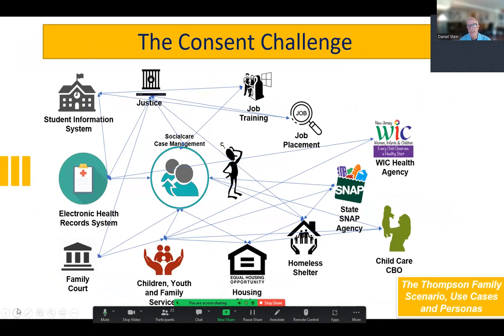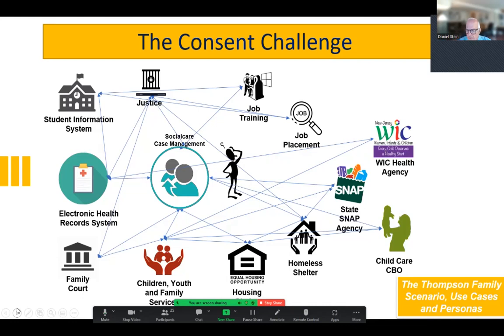The problem we're facing around consent is pretty obvious when you look at the various programs that are trying to share information or might have a need to share information amongst themselves. The permutations are almost unfathomable in terms of the unique individuals. But this is what people face every day, whether it's children and family services or courts or student information or healthcare, WIC or SNAP or child welfare. There's a need for the ability to share that information securely, of course.